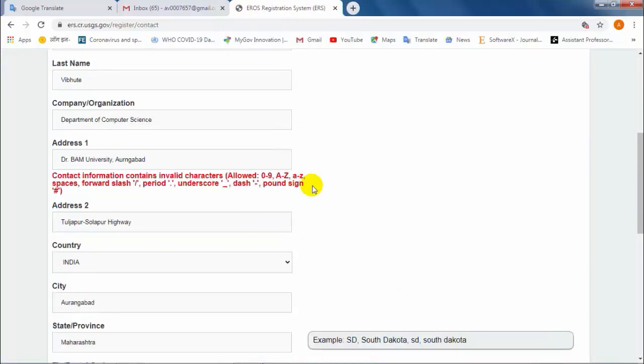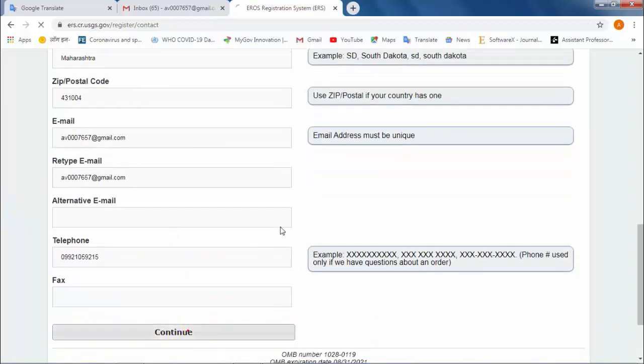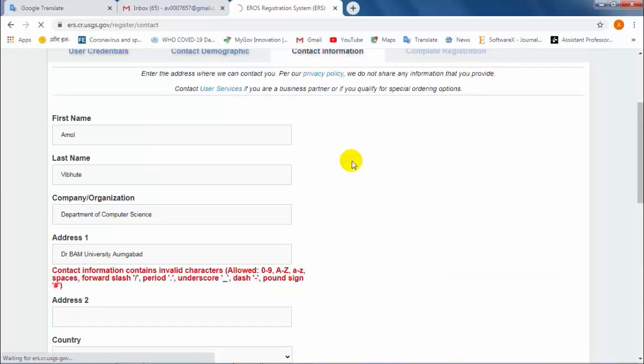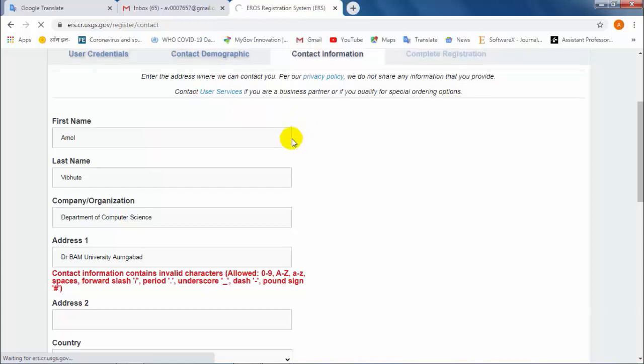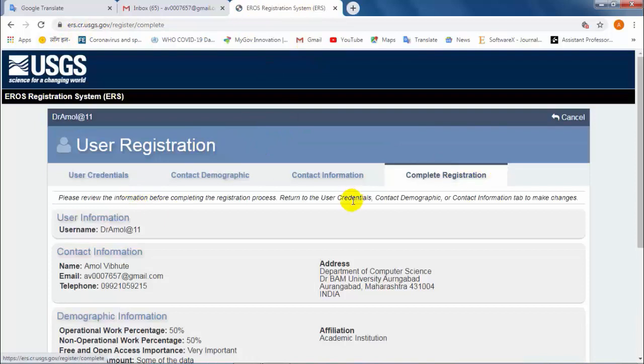Again, what happened? Oh my god, same case happened. Okay, now it will take. See, it is creating the contact. Now the registration is completed.